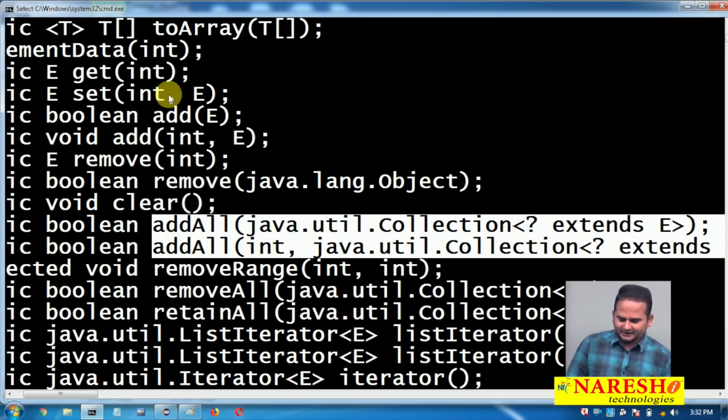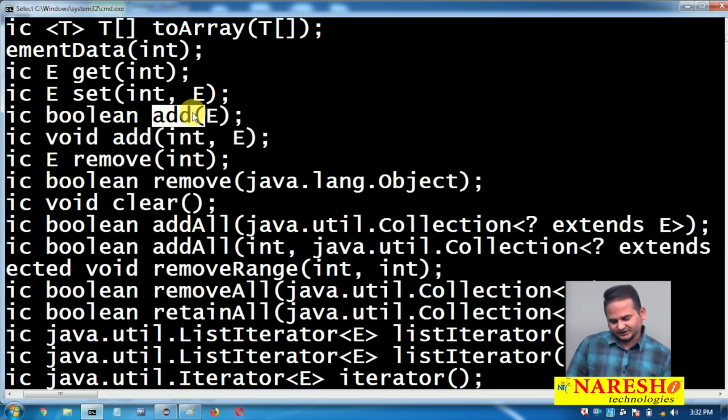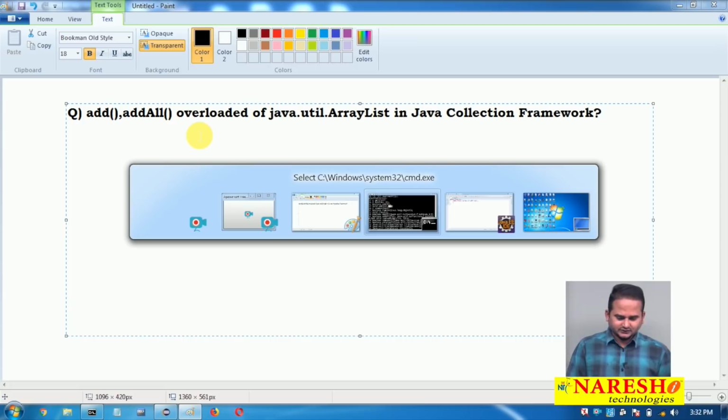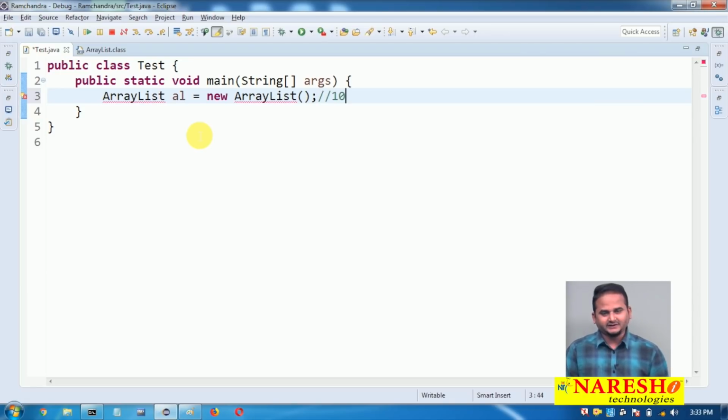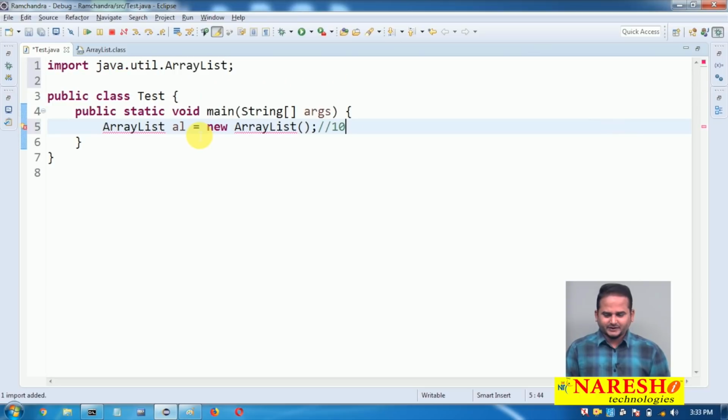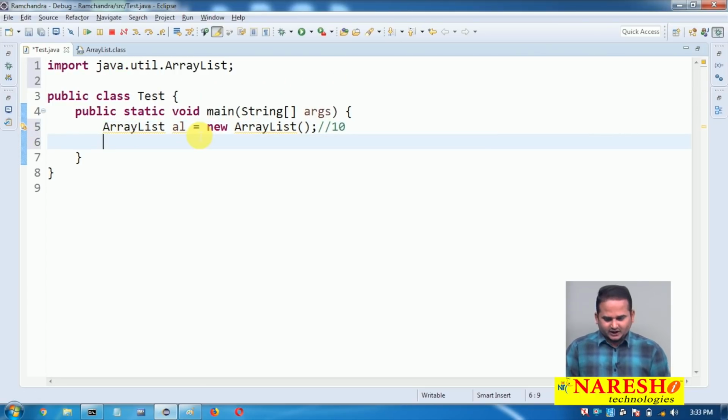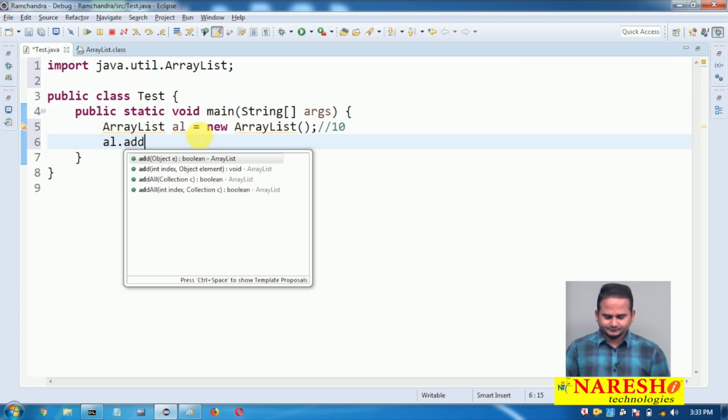With the help of add, we can add a single element at the end of the array list, as well as we can add an element at a particular index position. Observe here, first let me create one array list object, ArrayList al = new ArrayList. The array list object will be created with a default capacity of 10. It is available in the util package, so we have to write the import statement. After that, I am adding some elements like al.add(10),